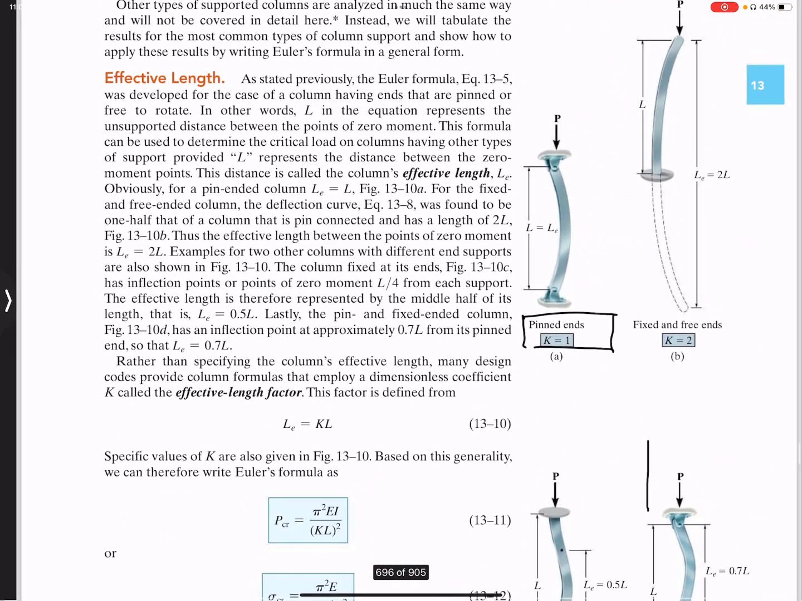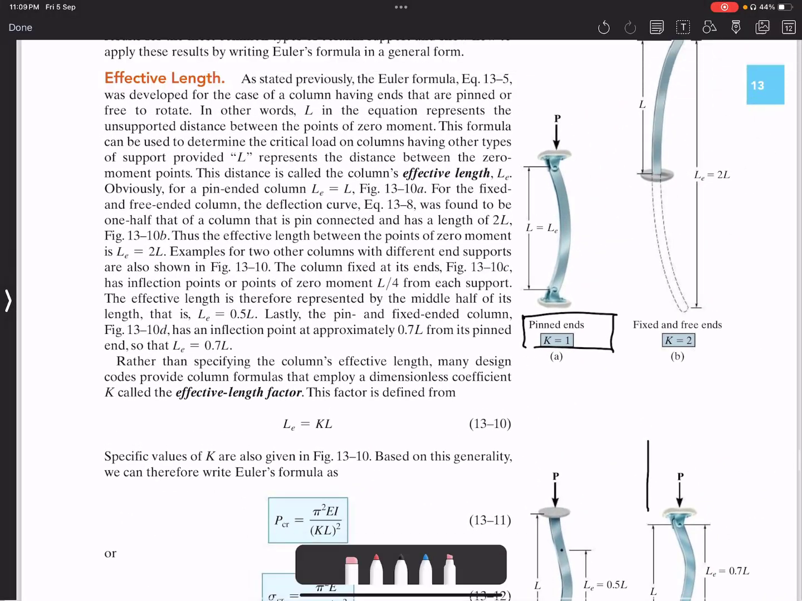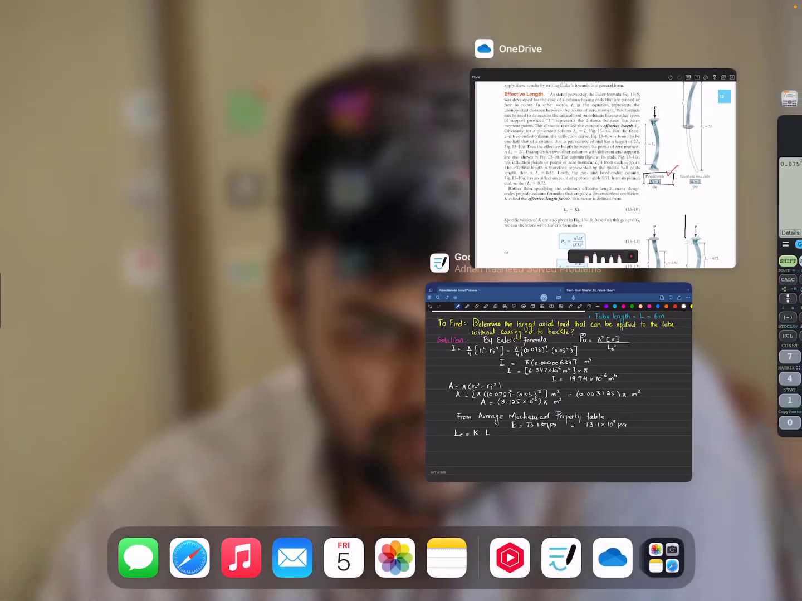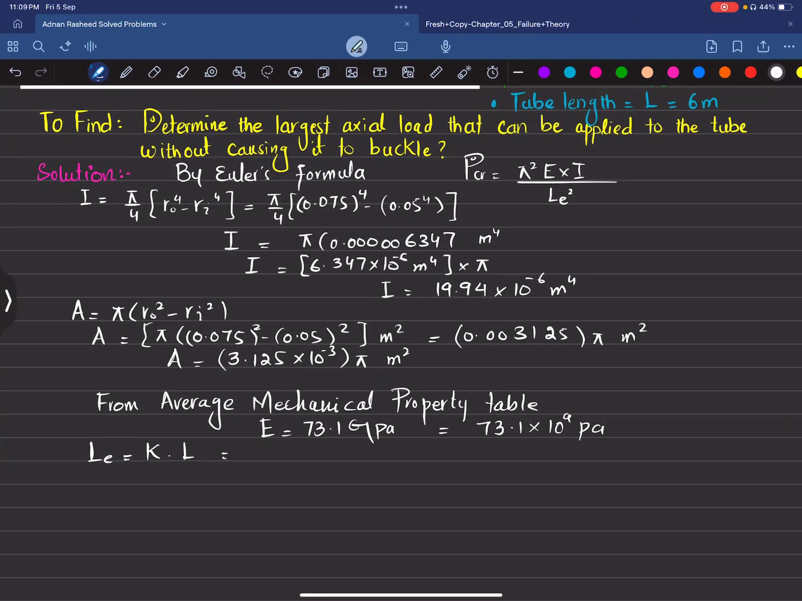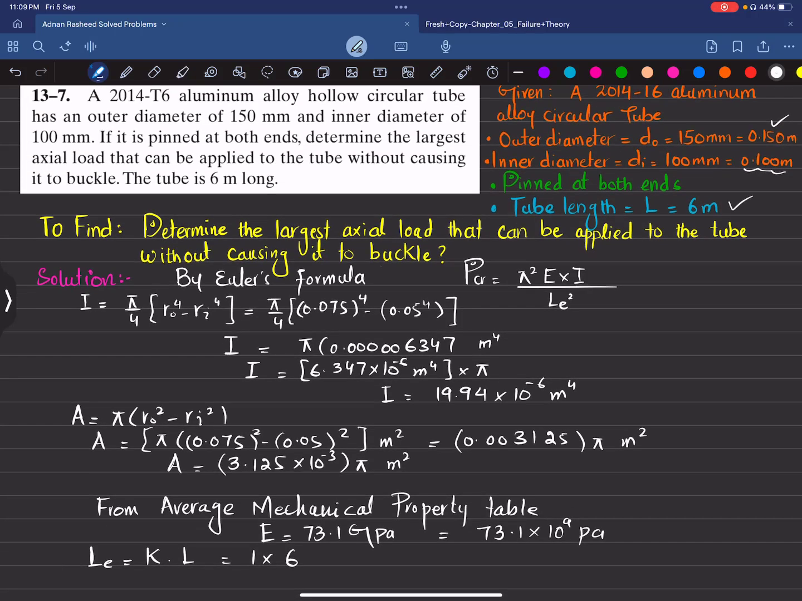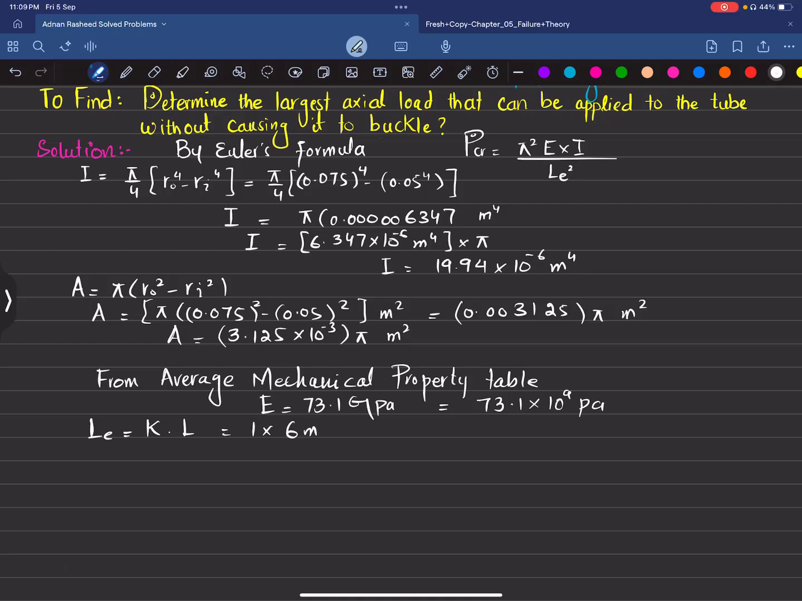Here you can see in the question it was given both ends are pinned. So this is pinned, so K is equal to 1. So I will write that 1 multiplied by length, which was given as 6 meter. So the effective length will be 6 meter. Now put all the values